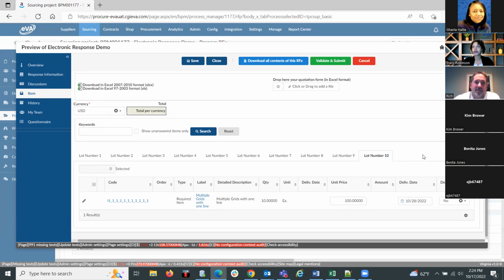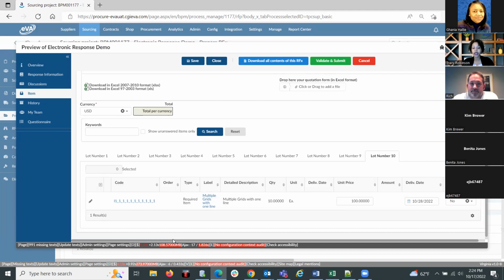How would you do that? You would have to download the Excel file and then upload it. You can upload all of your responses to all of the grids. But if a vendor wants to, after they've uploaded them, go into the system and verify what they put on lot 20, they won't be able to get there. They won't be able to physically look and click on lot 20 and see that response to verify it